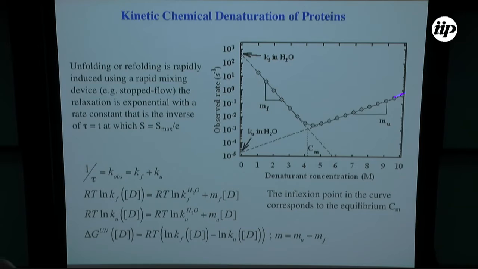Okay. From here, basically what you can do is you can determine the mu, which will be in this limb, and you can determine the mf from this limb here, and you can get the folding rate constant over here, extrapolating all the way to zero denaturant, and the unfolding rate constant over here. And of course, there are lots of assumptions in here. The most important thing first is that, because I have a sum of the two processes, when one is much faster than the other, it is the one that dominates. So over here, the folding is faster than the unfolding, so I see mostly folding, and what I see here is mostly unfolding. Then I'm assuming that this is linear all the way and extrapolating,